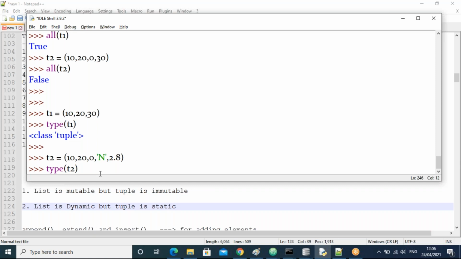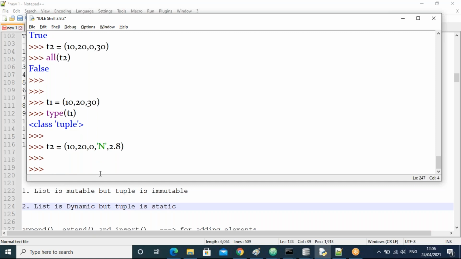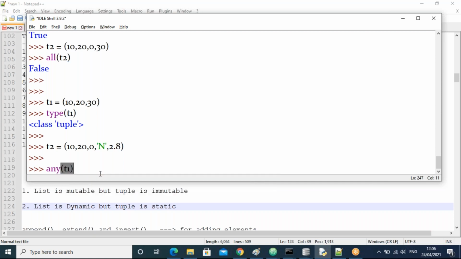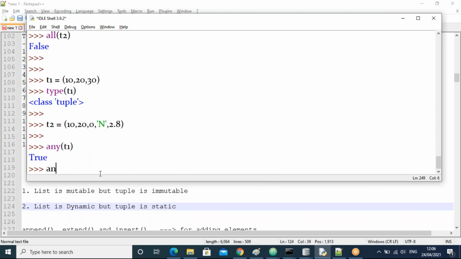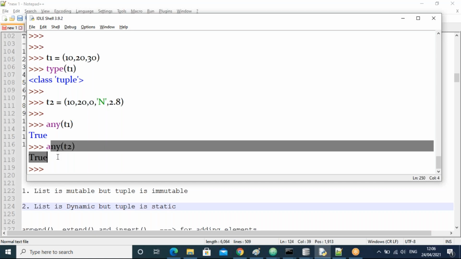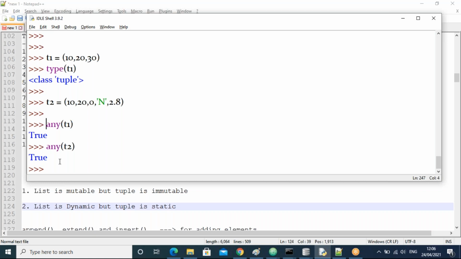Let me check: any of T1, true. Again, any of T2, here also true. Both are true, guys. Even though we have only one non-zero, it is saying true only. So I checked all and any.